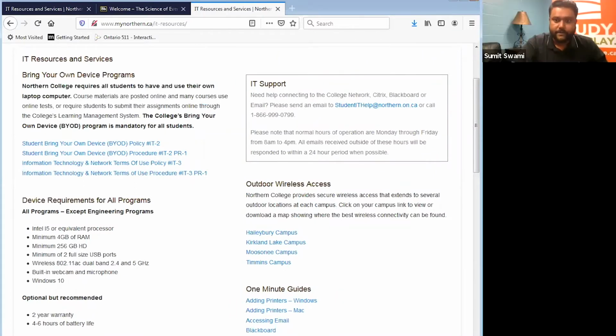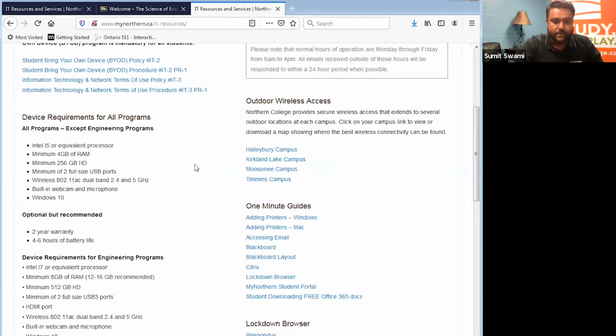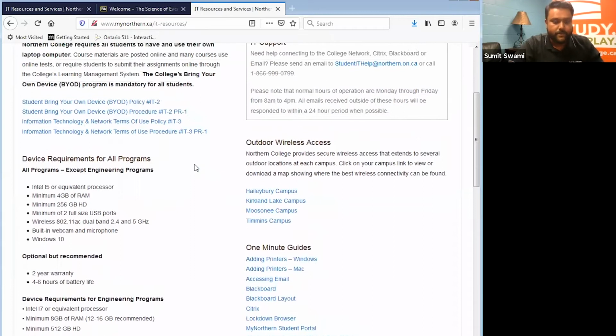So as Glenn, we are on the same page. My next question was kind of about the same page here too, because this next question talks about BYOD, that is bring your own device. As Northern College is a bring your own device institution, there would be certain requirements that the students need to have, let's say in concern with their computers or laptops or iPads or things like that. So I guess this page will be talking about that. If you can give us a little bit more information on that part, the second question will also get covered at the same time when we are on the same page.